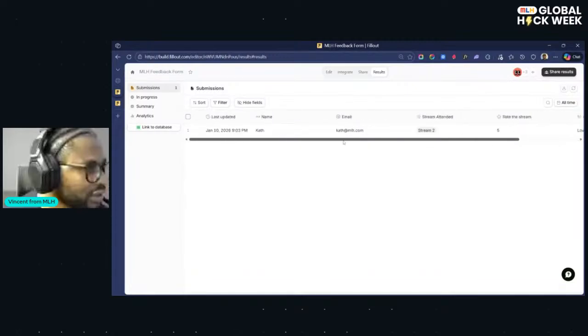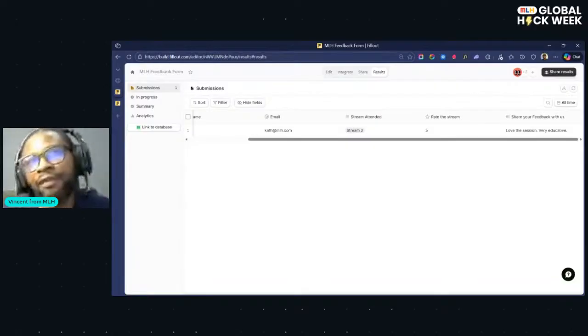Pretty cool. But what if we have our own internal tool and we want to be able to get the information directly whenever the form is submitted, maybe store it in our own database or our own system, or even notify someone on Slack or Discord?